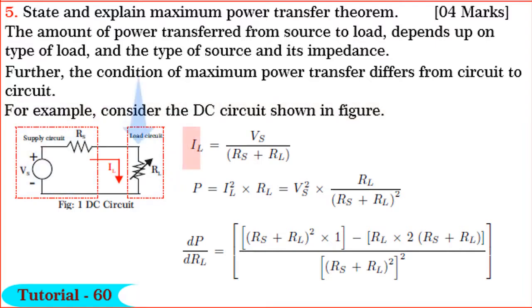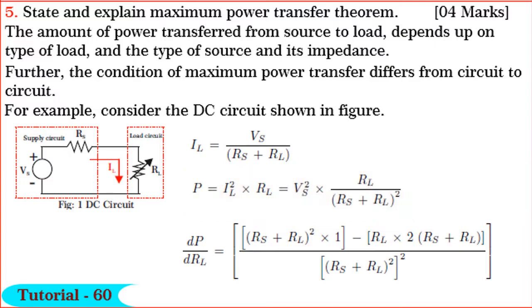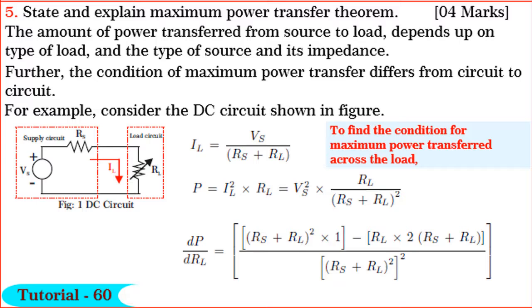We know that IL is equal to Vs divided by Rs plus RL. Note RL is varying. But power transferred to load P is equal to IL squared into RL watts. By substituting for IL, we get P is equal to Vs squared into RL divided by Rs plus RL whole square. But we know to find the condition for maximum power transferred, we have to find dP by dRL and